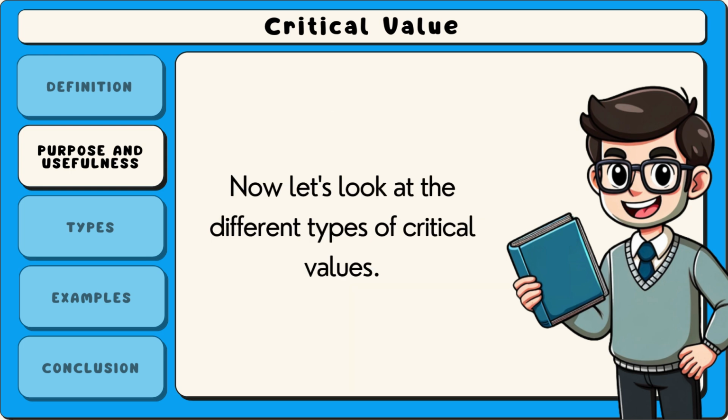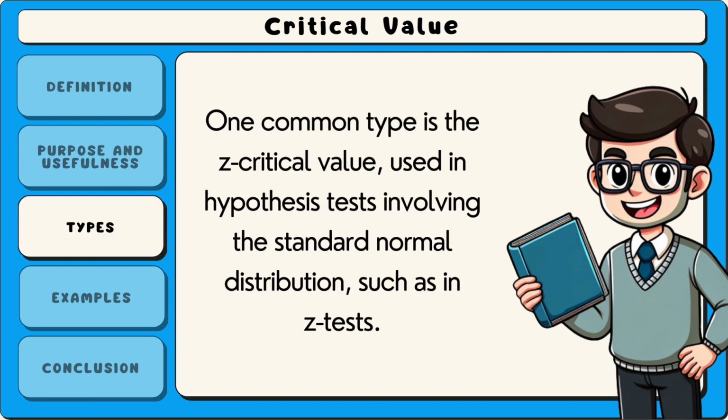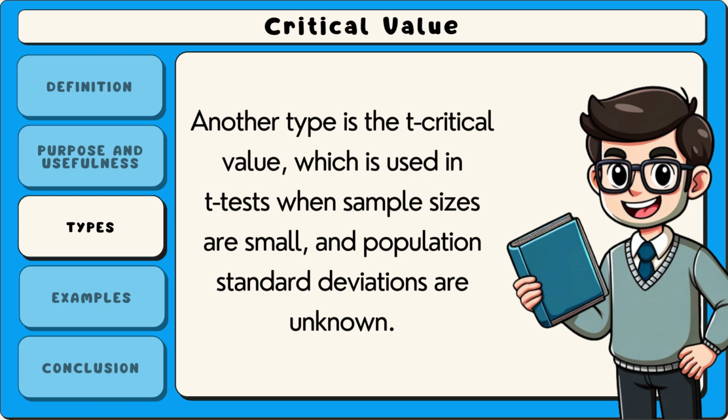Now let's look at the different types of critical values. One common type is the z-critical value, used in hypothesis tests involving the standard normal distribution, such as in z-tests. Another type is the t-critical value, which is used in t-tests when sample sizes are small and population standard deviations